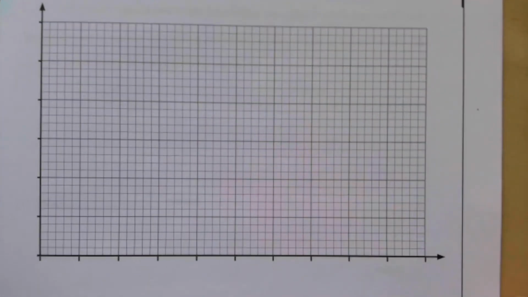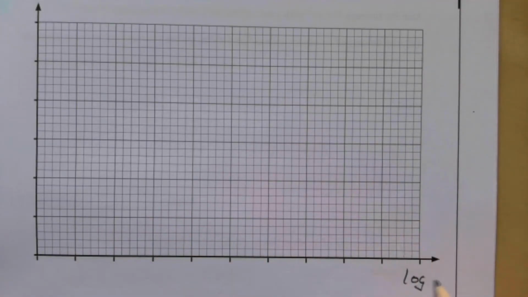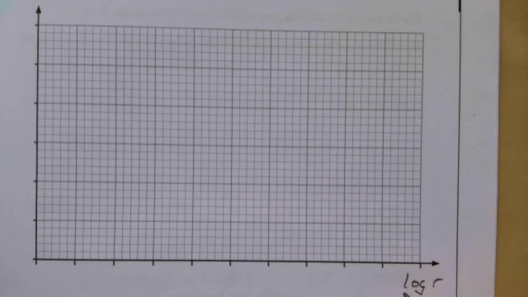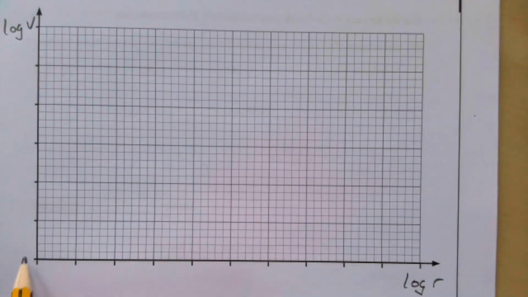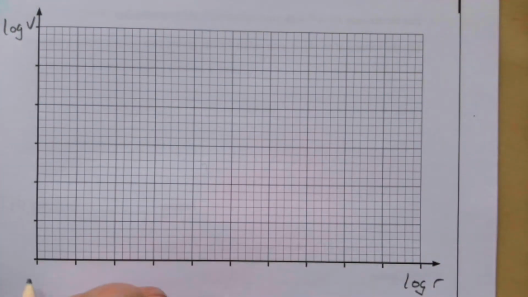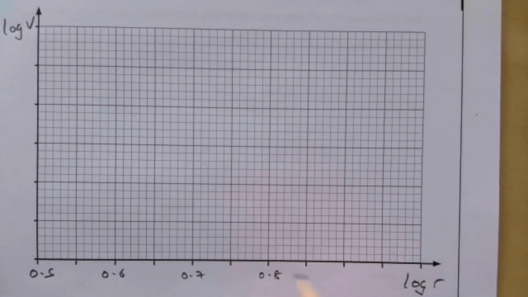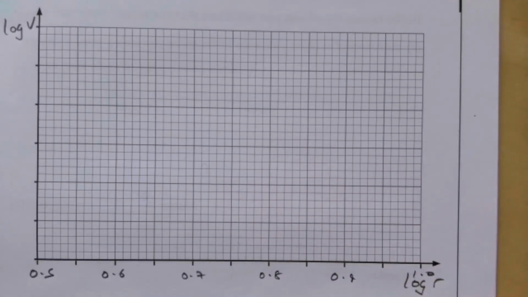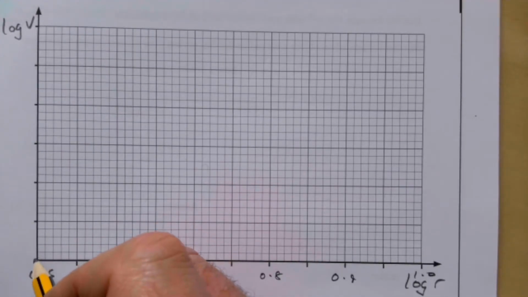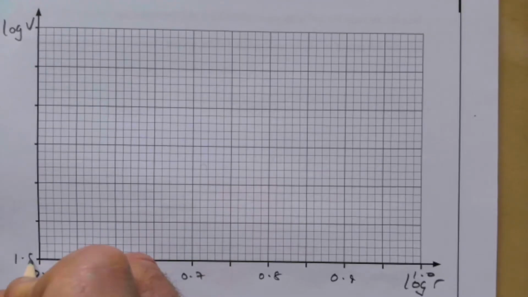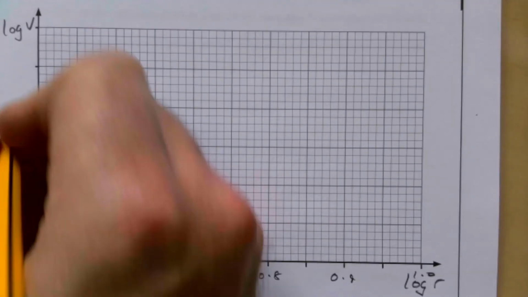So here is our scale. Along the bottom is log r, because it's our equivalent of x, and up the side is log v. We need to go from 0.5 to 0.9, so 0.5, 0.6, 0.7, 0.8, 0.9, 1.0. Here we need to go from about 1.9 up to 3. So if I go 1.8, 2.0, 2.2, 2.4, 2.6,